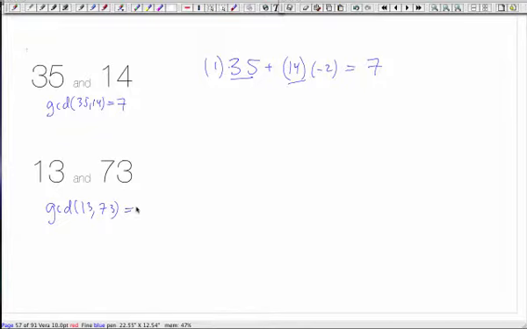What's the GCD of 13 and 73? 1, right? 13 is a prime, 73 is a prime. So, good. Now, what's cool is that you can actually find numbers